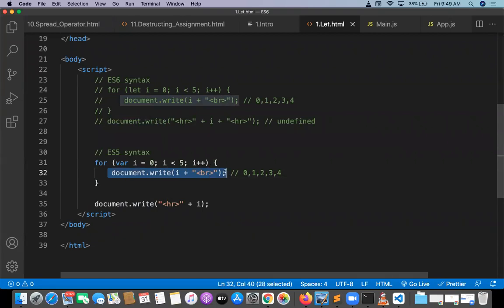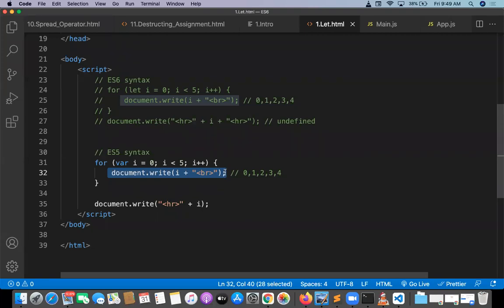Next, i plus plus, i is incremented by 1. 1 less than 5, condition is true, then the i value prints, then i plus plus. i is 2, 2 less than 5, condition is true, value prints. Next i is incremented to 3, 3 less than 5, true. 4 less than 5, true. 5 less than 5, condition is not true, so the loop automatically terminates.